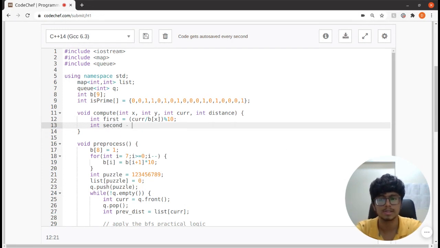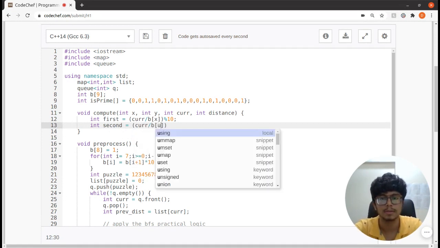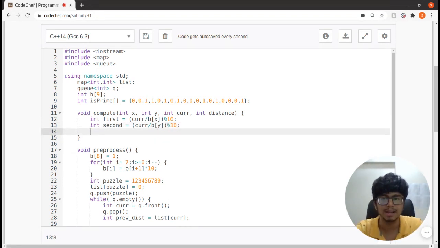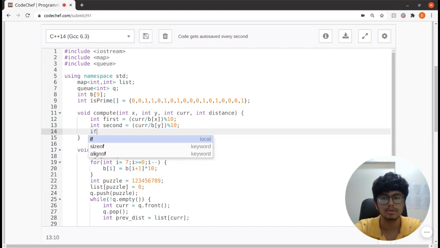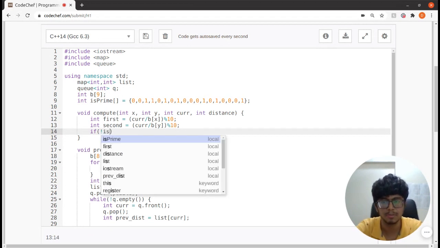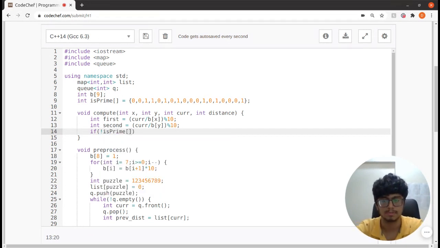For the second element it is again the same process, just say current divided by b of y and percent 10. So this gives me the first and the second element. Now I need to check if the first and the second element's sum is prime.